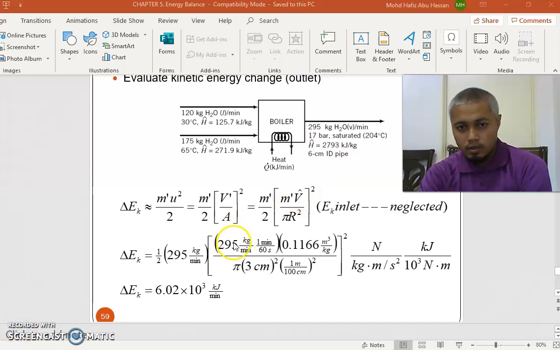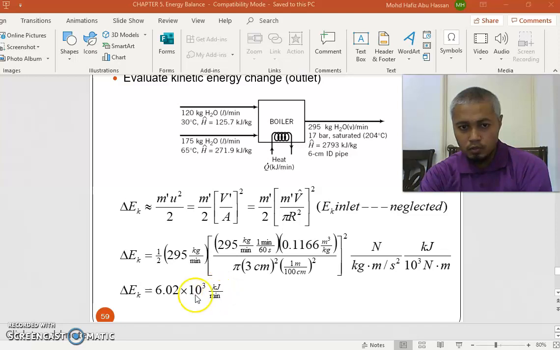So if you look at the mass flow rate here, 295, which we can get from the outlet, and then we multiply it by the specific volume, so we can cancel out kg with kg here and get meter cube per minute. We convert the unit to second, and we get meter cube per second. In other words, we get the value of the volumetric flow rate here. We can also find the value of area because the diameter of the pipe is 6, so this is the radius, pi r squared, and then we convert the unit, and later on we convert the unit again until we get